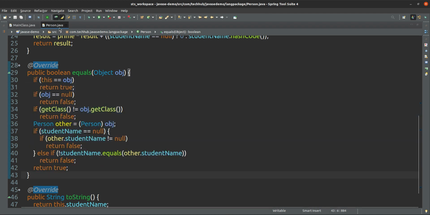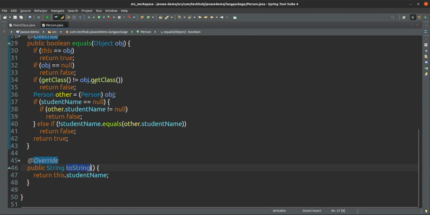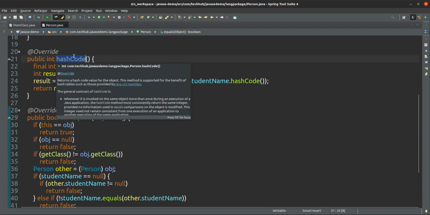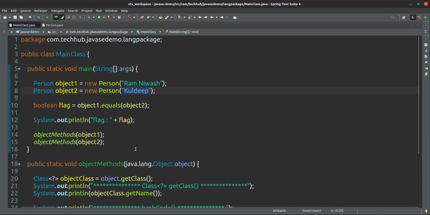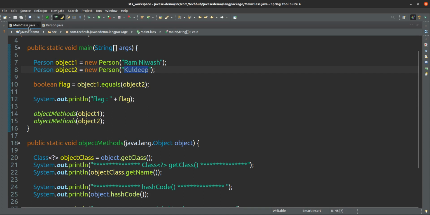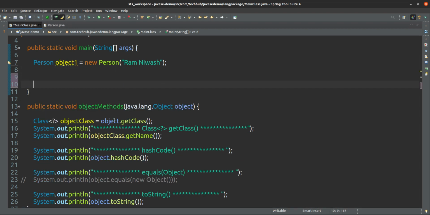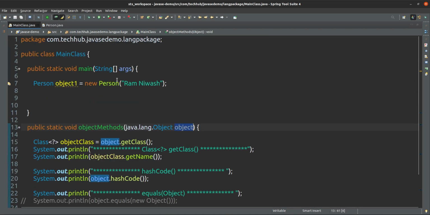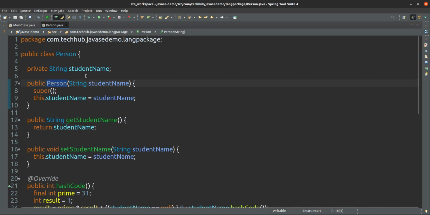Okay, so this is the use of toString, equals and hashCode. One more thing: how can you prove that Person by default extends the superclass Object?